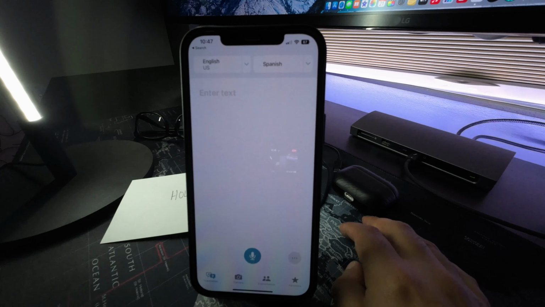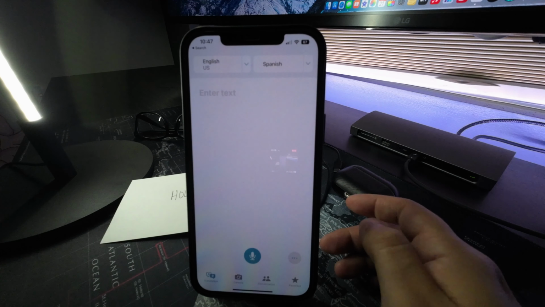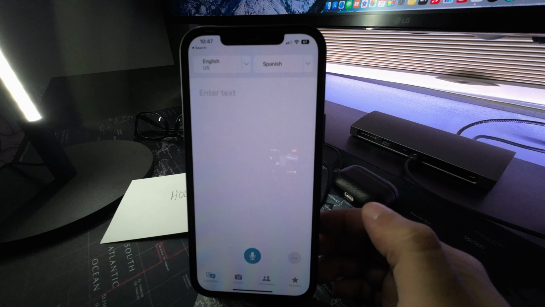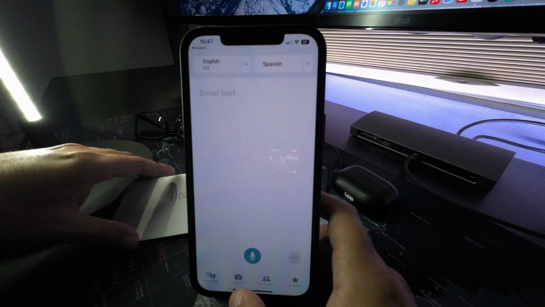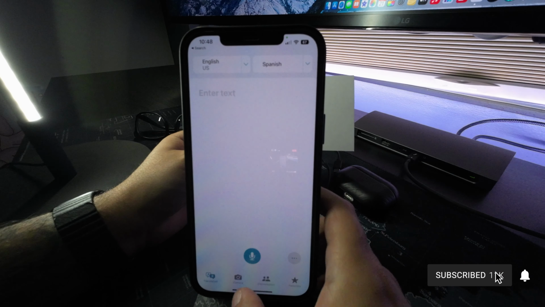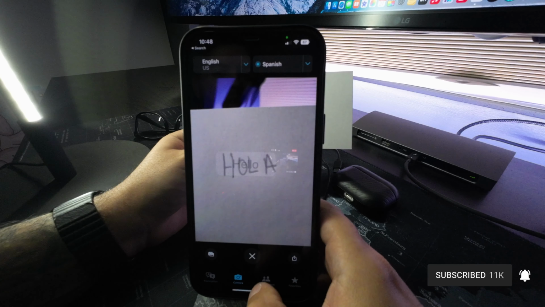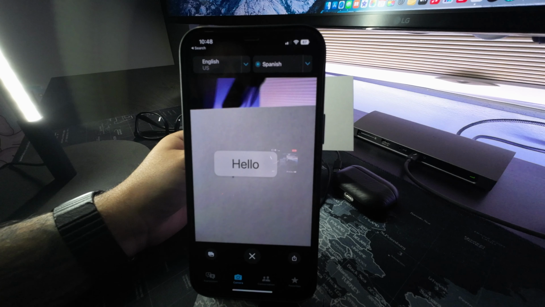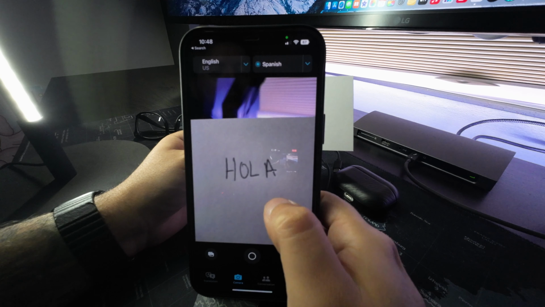Translate also has a camera feature where you can display a whole picture or a whole page and be able to translate it that way. I find it to be a little bit easier when you have a full page to do it via the Translate app as opposed to with live text. So the way to do it is you go to the camera right at the bottom and translate, and then you press the button here, and it'll translate it from whatever language is displayed to whatever language you want it to output. So in this case, it's displayed in Spanish,